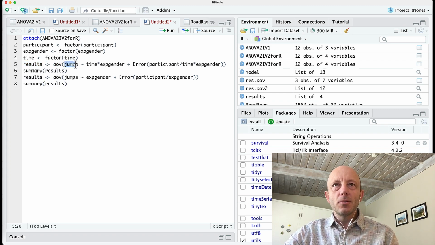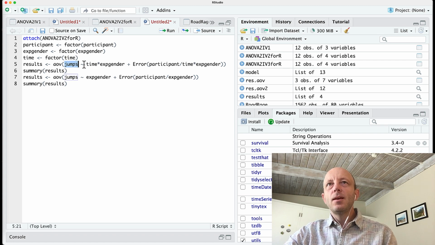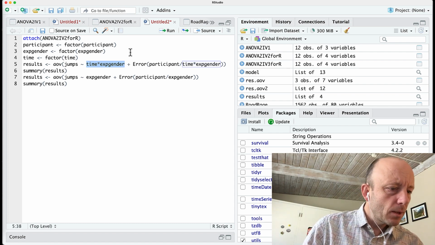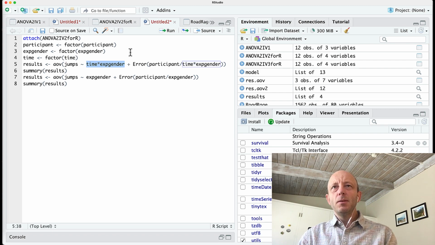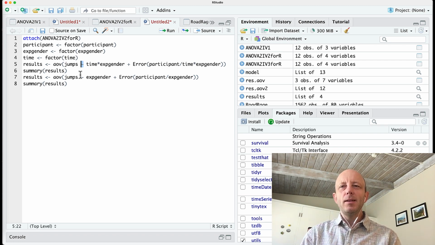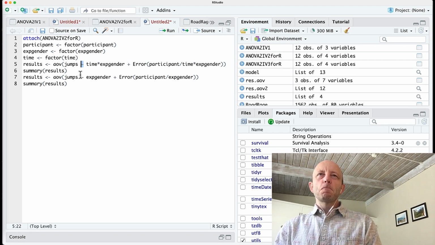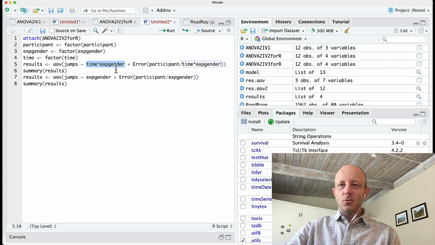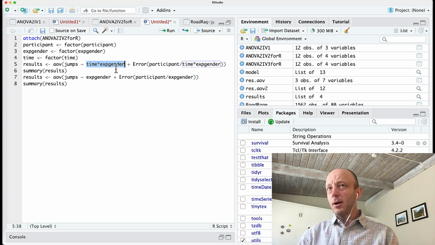Then we've got jumps here, which denotes the dependent variable. We've got time star exp gender. Those are our two independent variables with a star, that's a capital 8 on your keyboard. In between, by the way, that was a tilde in between. So this is a format that is starting to repeat a little bit for us with the tilde, the dependent variable to the left of it, the independent variables to the right, in this case with a star in between, suggesting that we want to not only look at main effects here, but we want to look at an interaction